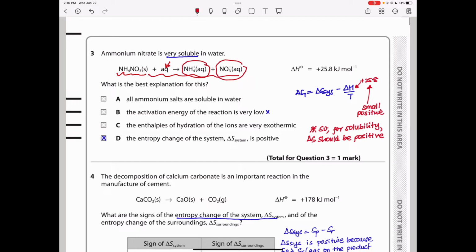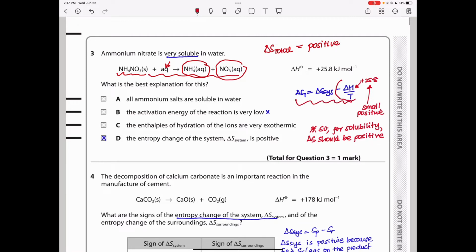So they say, what is the best explanation for this? Since solubility in water will depend on how the ionic bond is going to be broken, the energy required to break that ionic bond has to be provided. Also, for solubility to occur, the S total for this reaction should be positive. And since the S total is equal to the S system plus the S surrounding,